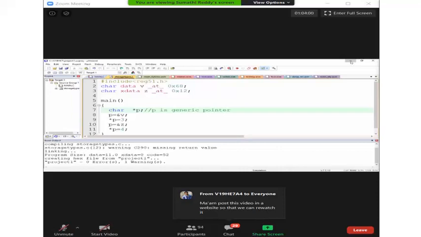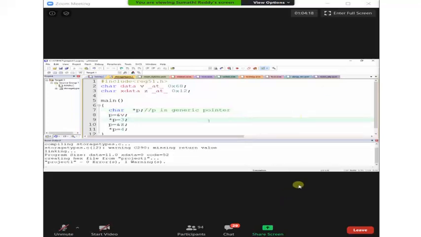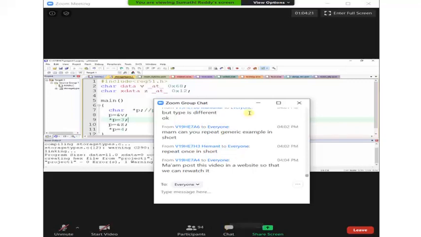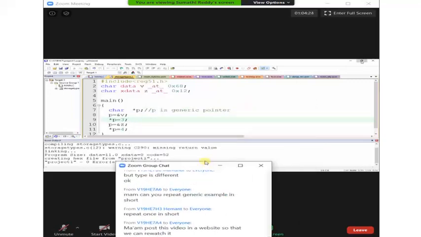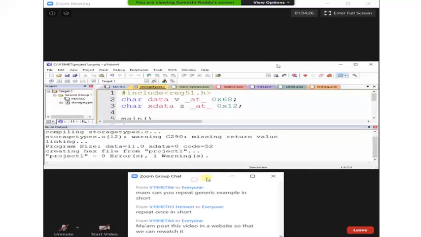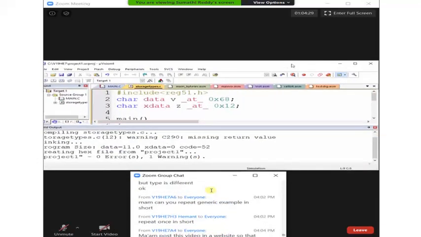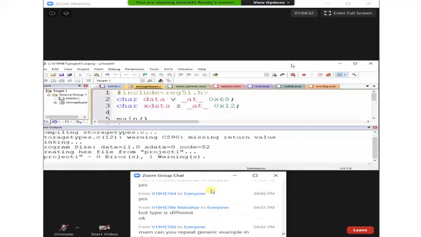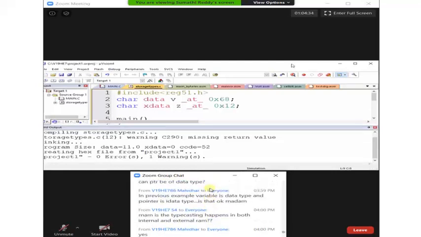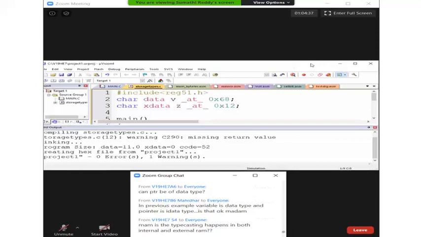But memory specific pointers, is it clear? If you go with a memory specific pointer, it can point to that memory area only. Typecasting means, yes, it will happen.